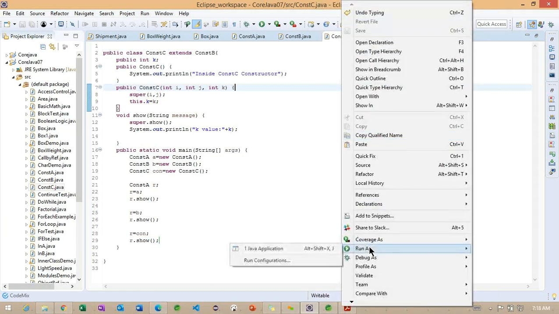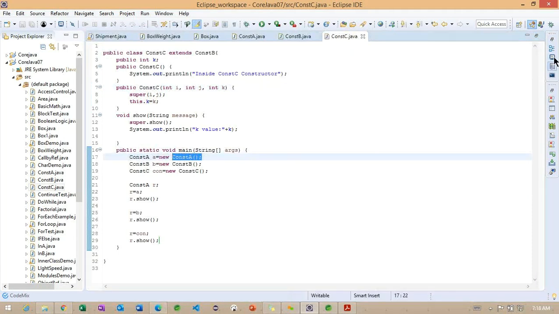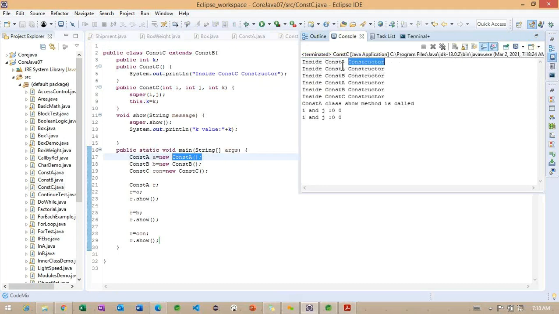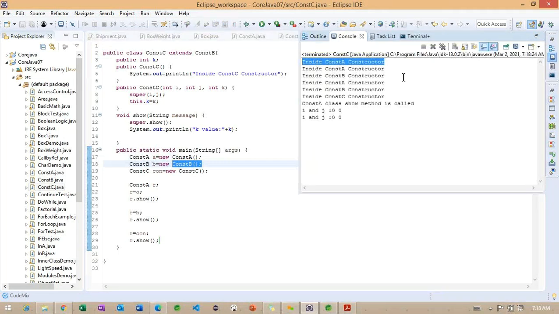So if I'm going to run the same example, carefully observe here. How exactly is it calling? Initially, directly the A class constructor is called. When we are calling the B class constructor, so when we are calling this particular constructor, only one constructor is called, that is this first one. When we are calling this particular constructor B, what happened here? These two constructors are called, because it gives the option to execute the superclass constructor. Because of that, the A class constructor is executed. Later, the B class constructor is executed.